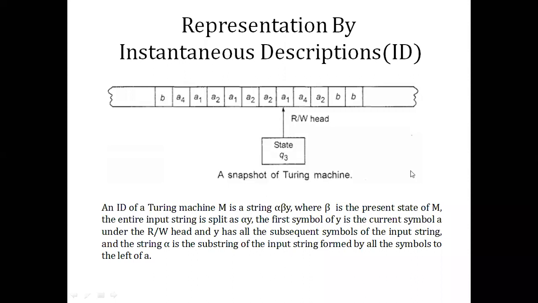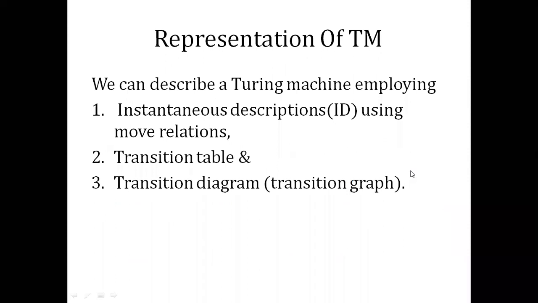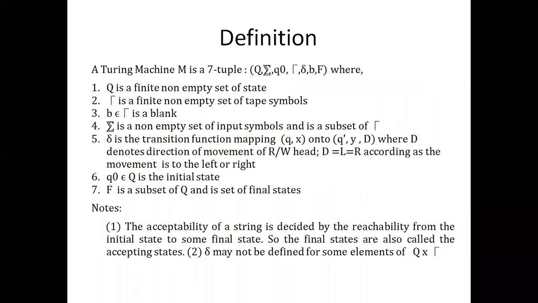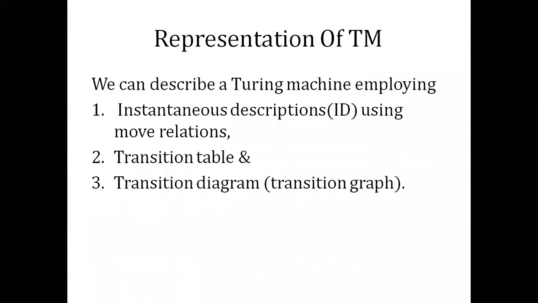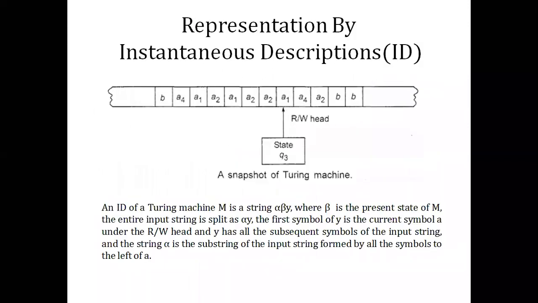So how do we represent the Turing machines? Again, we have represented all our models with the help of these components that we have studied, that define the particular model. Along with that, we have a transition table, the transition diagram, and instantaneous description. We studied instantaneous description in the last lecture for our pushdown automata, and we already know what the transition table and the transition diagram are. Now let us see what the ID for a Turing machine is.